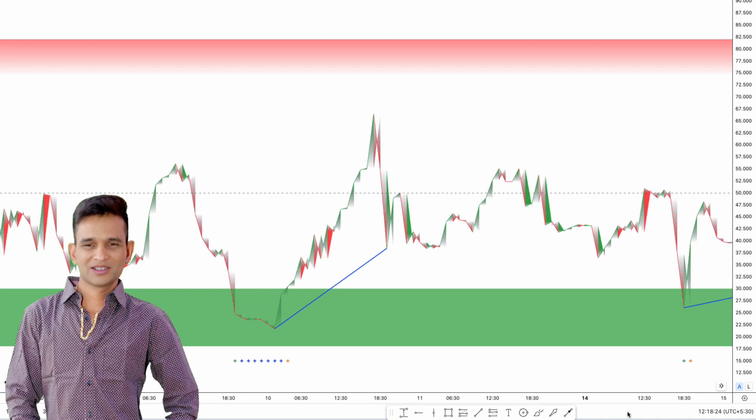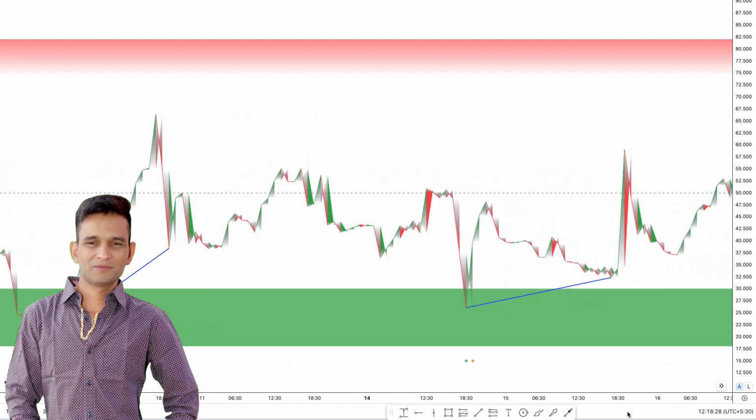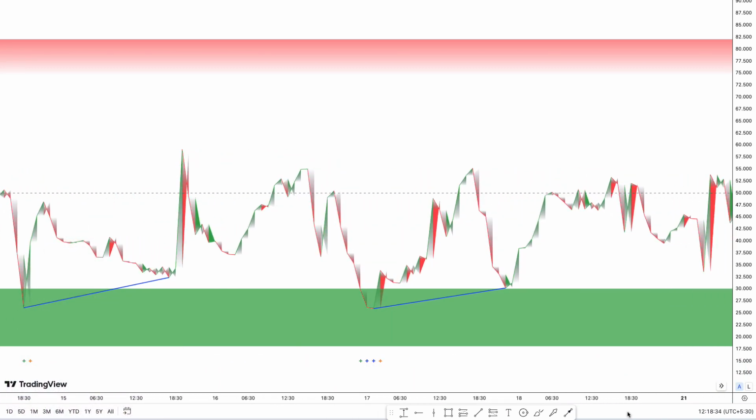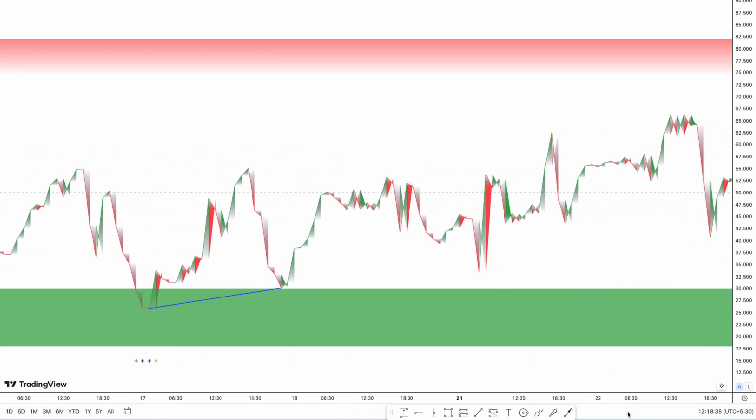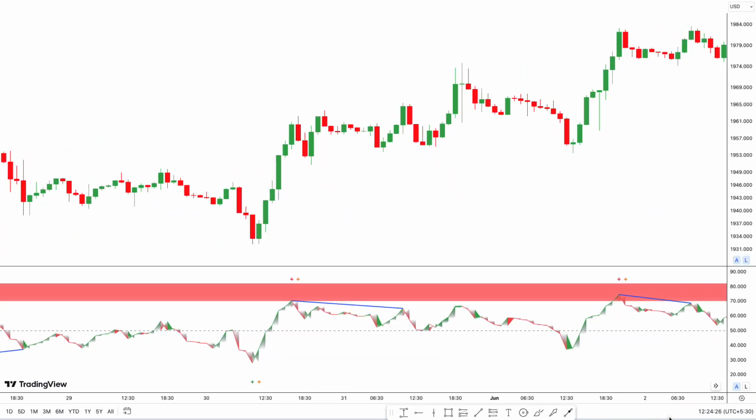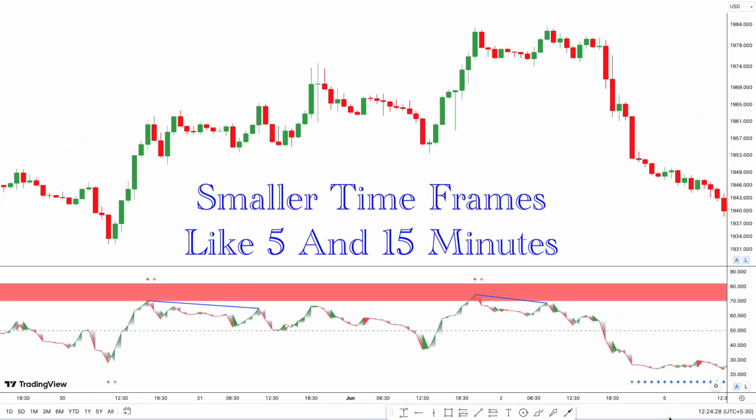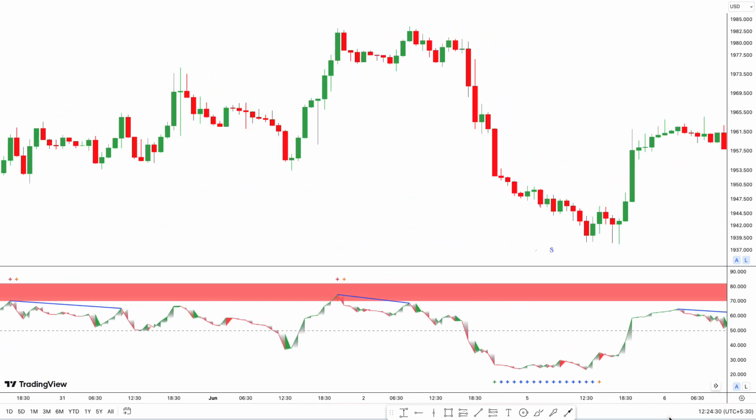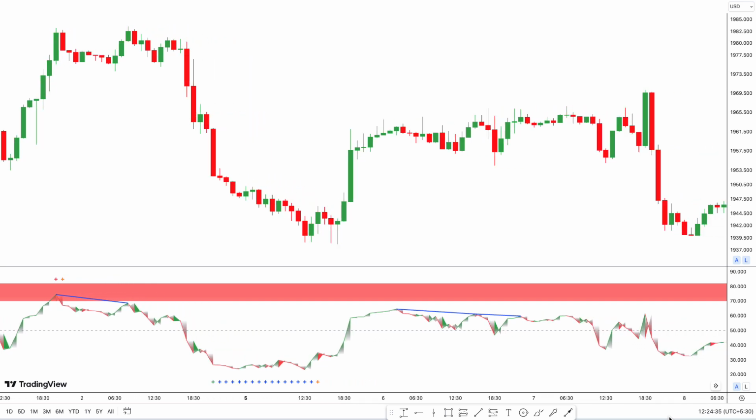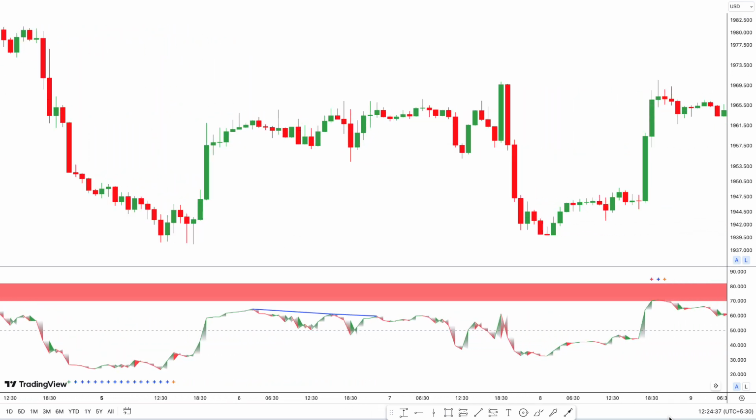This trading strategy is a combination of volume price analysis and peak RSI buy and sell signals. Its goal is to find and profit from overbought and oversold markets. So if you are a day trader who likes to trade on smaller time frames like 5 and 15 minutes, then this strategy is exactly what you need. Pay close attention to the details I am going to explain in this tutorial so that you can catch such